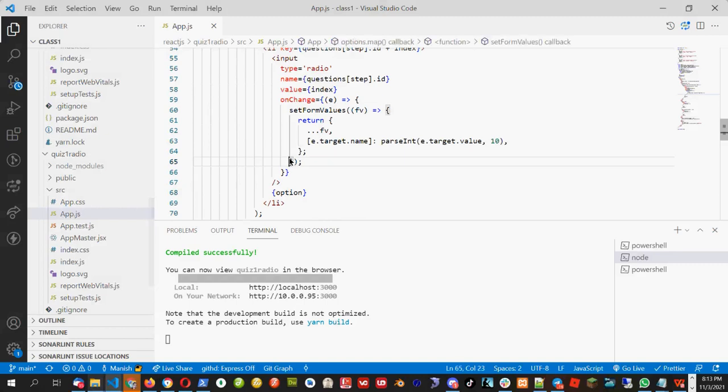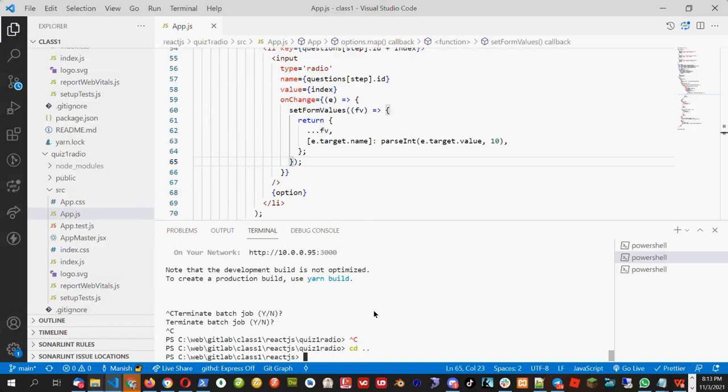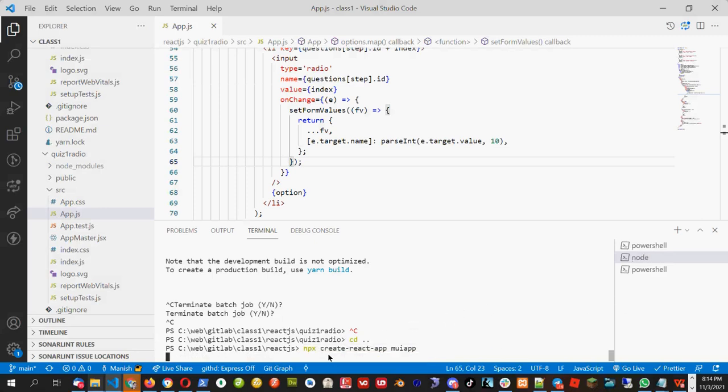Okay, so let's go to another thing. So now what I will do, I will create a couple of projects here, because we will be doing some examples. So one project I will create in React is npx create-react-app. So this is the way to create a new project in React, and I will give the name as MUI app. You can also run this on your computer, and when this is done, we will be working in MUI app. So this is the one project which we will be doing. I will start that creation process,